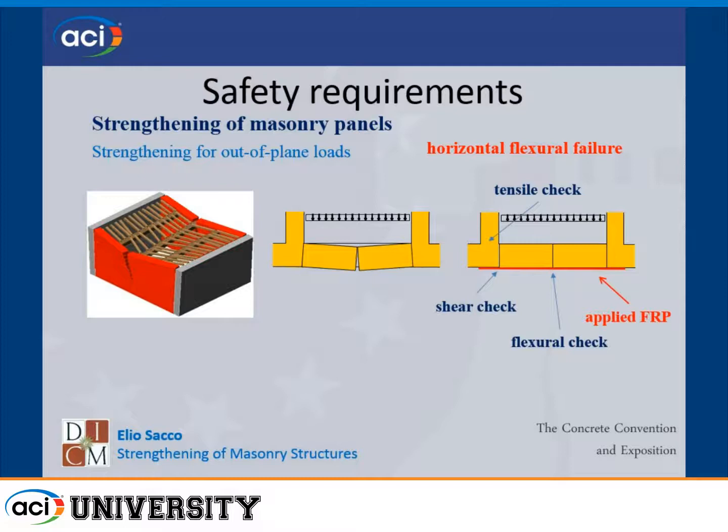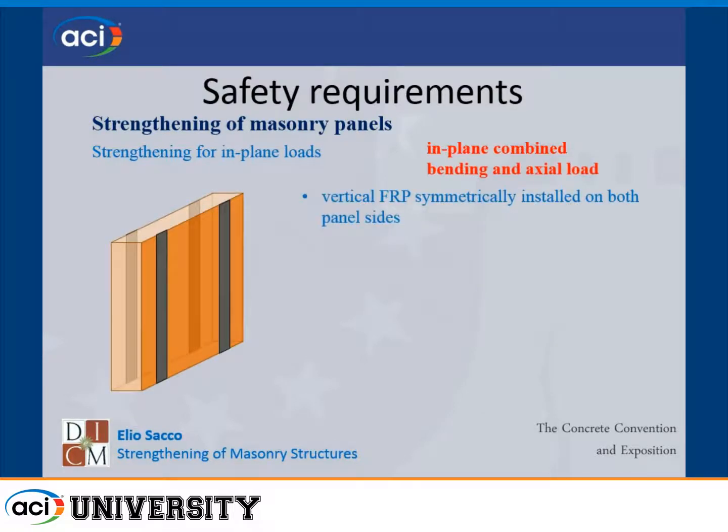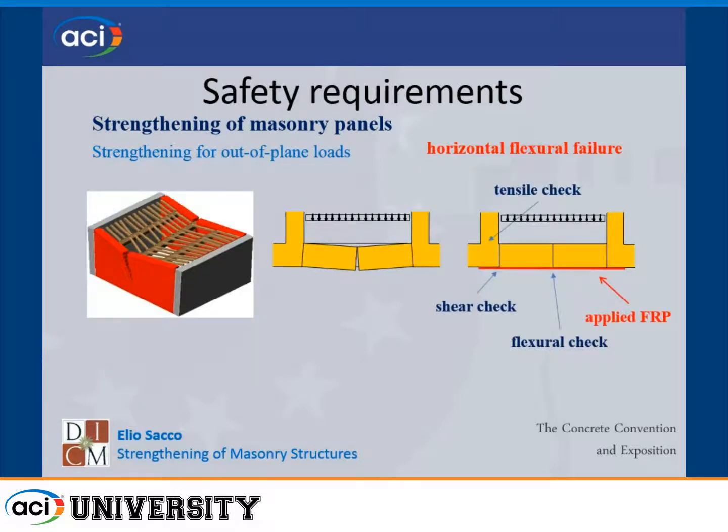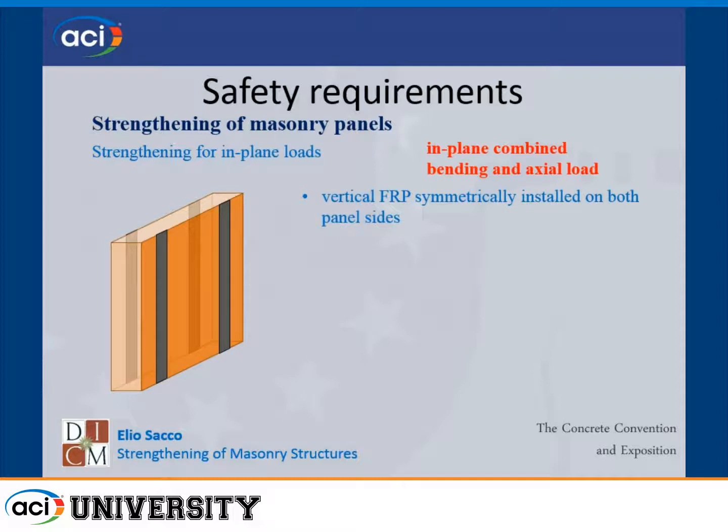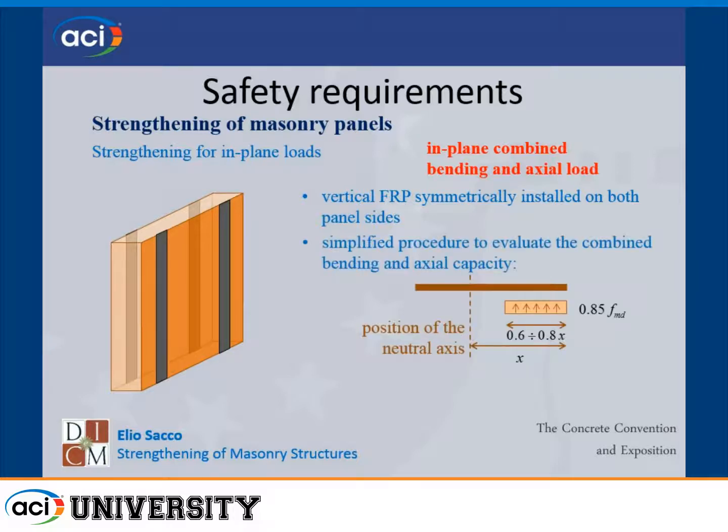And of course, also in this case, we can apply an external FRP that can be designed using typical formulas of the bending moment. Let's go to the in-plane case. Generally, we prefer that the FRP are applied to both sides, such that the application is symmetrical, and the check can be performed computing the resistant moment just considering classical formulas, the stress block, and so on.